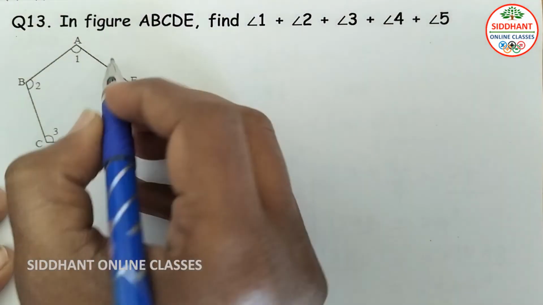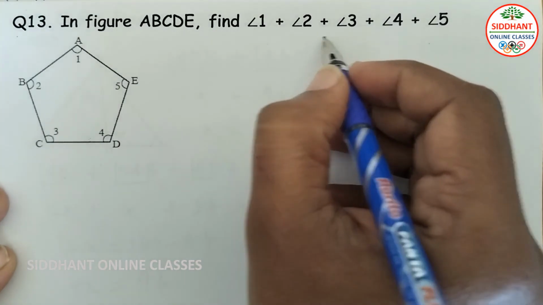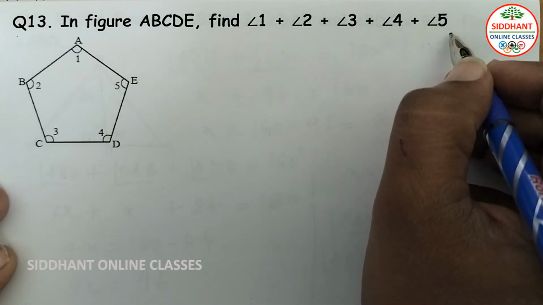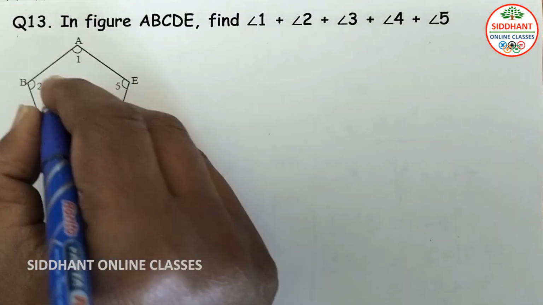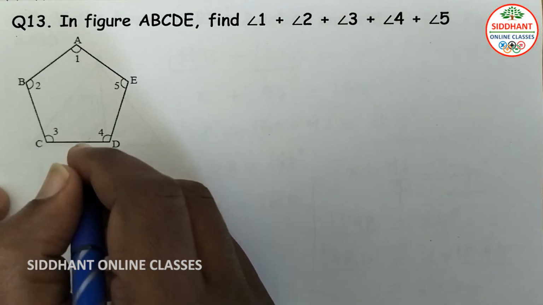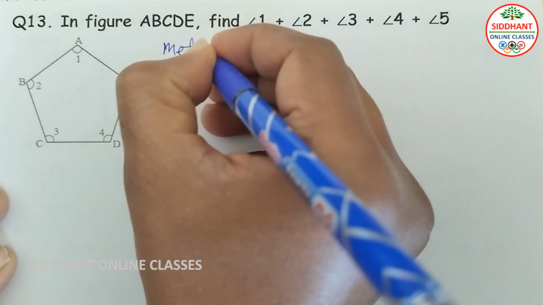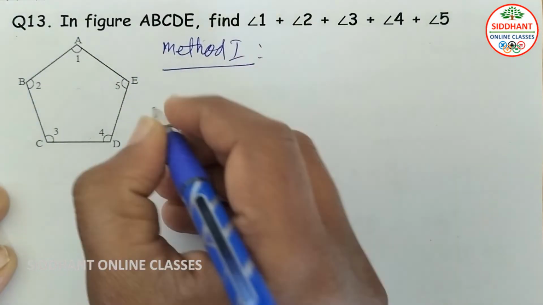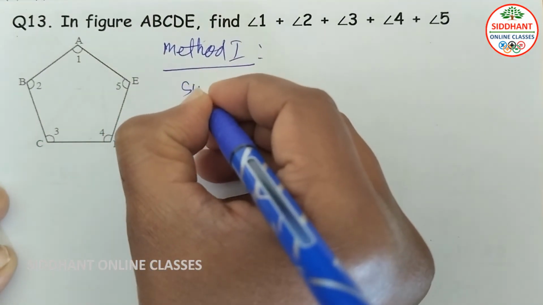Question number 13. In figure ABCDE, find angle 1, angle 2, angle 3, angle 4 plus angle 5 equal to how much? So here we are going to do the problem in different methods. Suppose this is method 1. In method 1 we are going to use the sum of angles